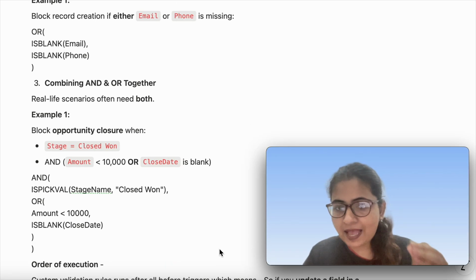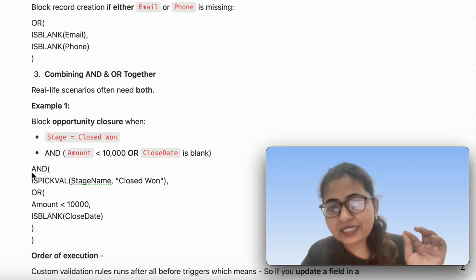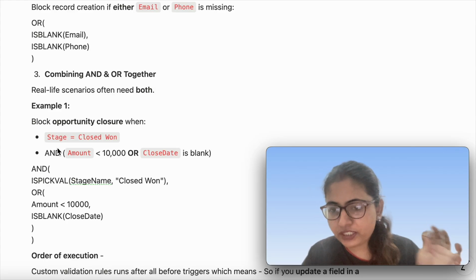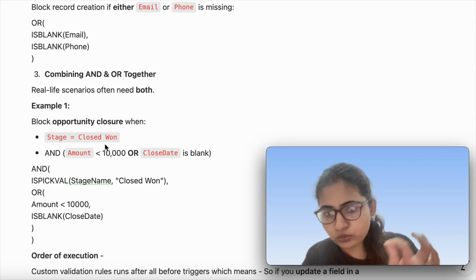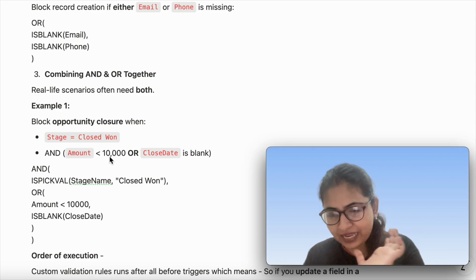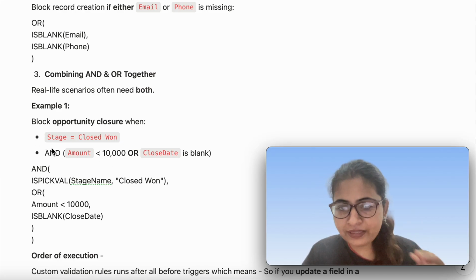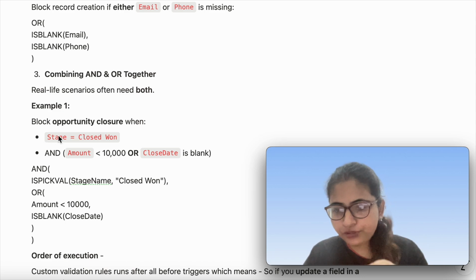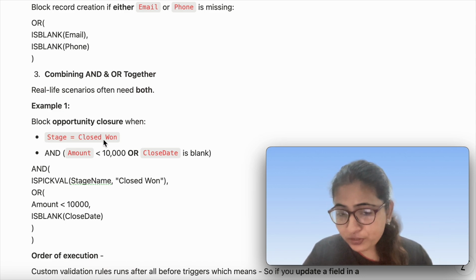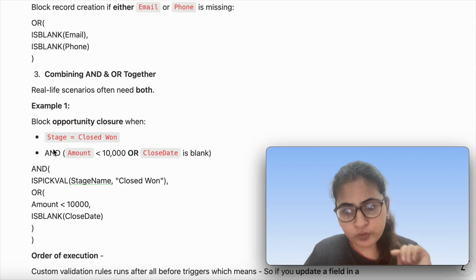For example, see here that I have used an opportunity stage that is a closed one and there is another condition. First we need to see that the first condition and the second condition both should be true to give me an error, which means we are going to use the AND operator between both of them.